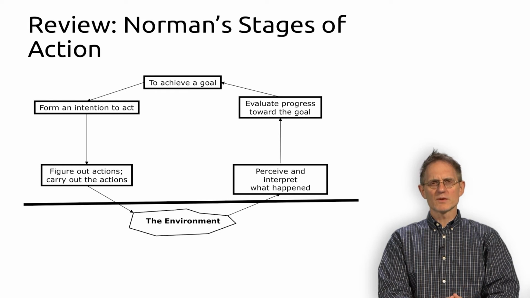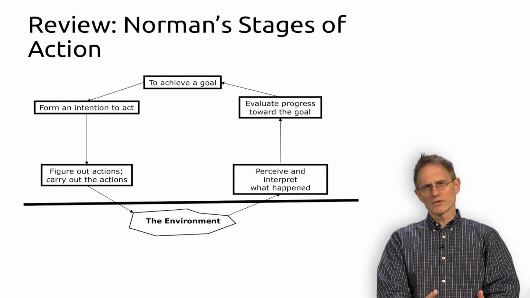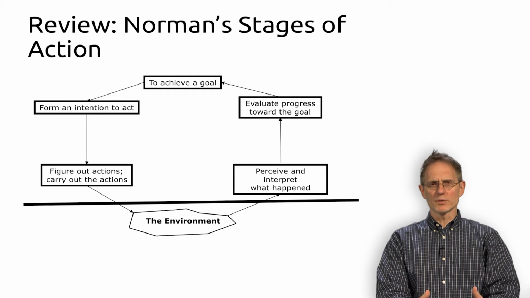So if you want to achieve a goal, you have to form an intention to act to achieve that goal. You have to figure out the actions you need to take in order to achieve that goal. And then you try carrying out those actions, and then you get feedback from the environment. You have to perceive, you have to notice and interpret what happened,